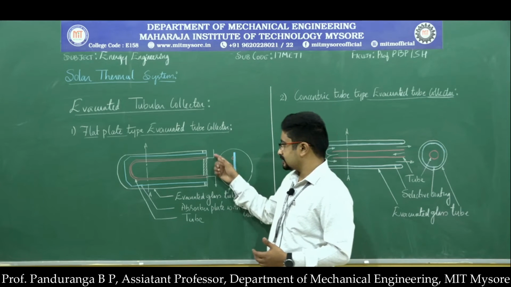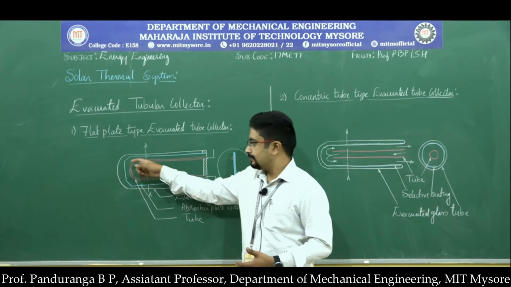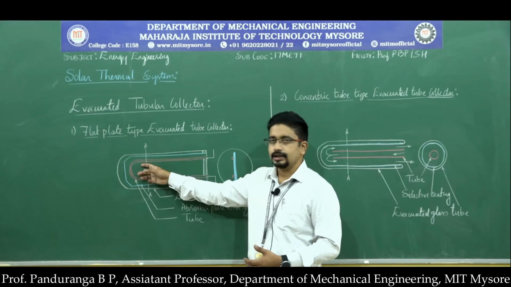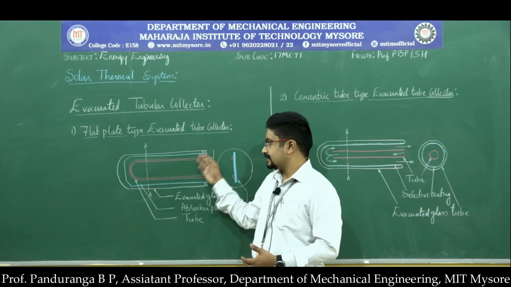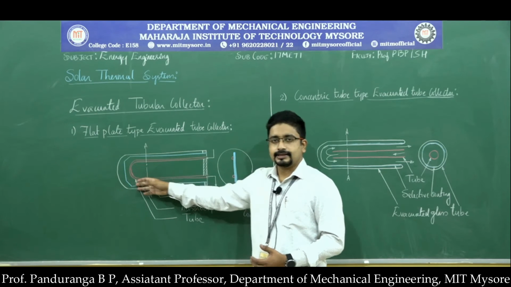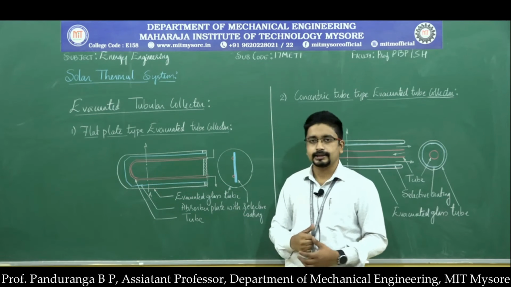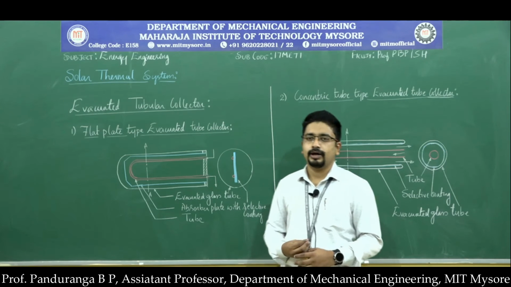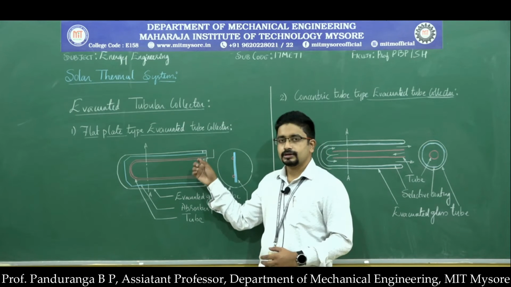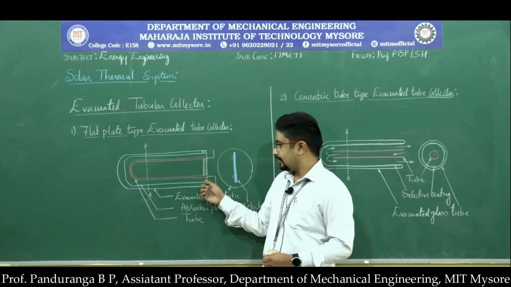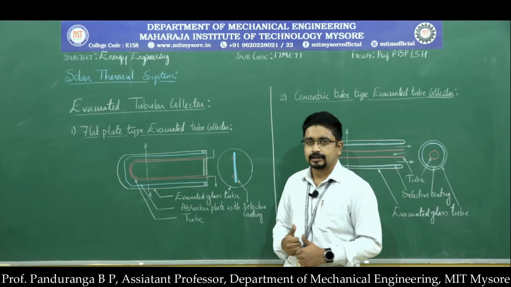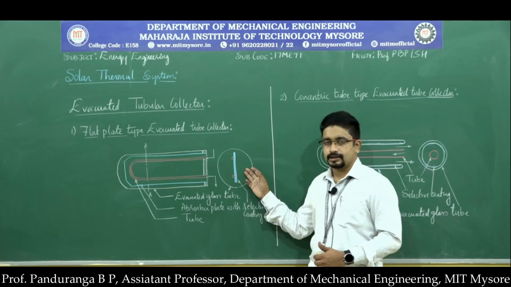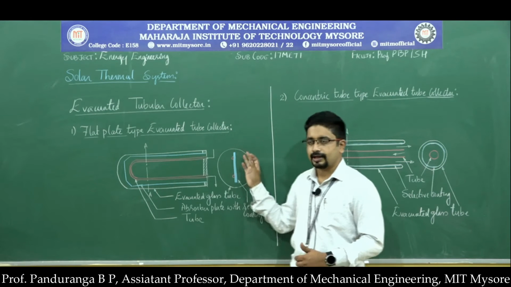The water enters from one end of the tube, passes through the smaller tube, and then takes a U-turn and comes out of the other end. Here we don't have the bottom header; we have only one header to transfer the cold water, and the hot water will be collected in the tank. So this is one arrangement. The cross section of that we can see here, at section AA.